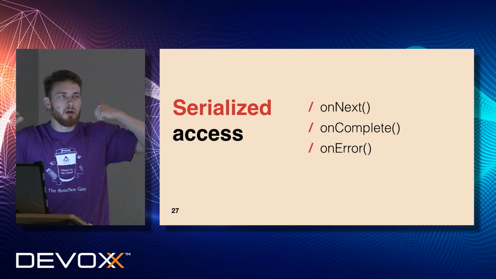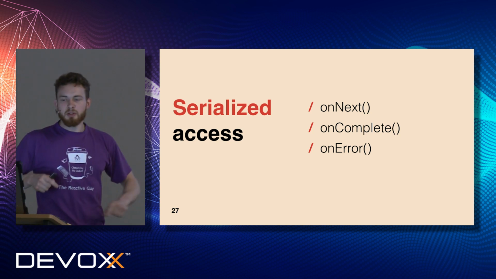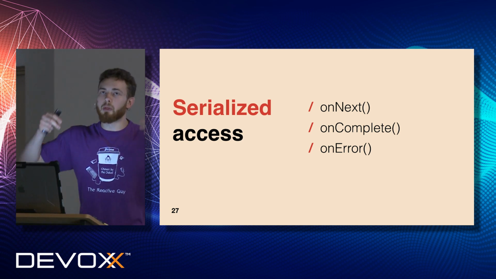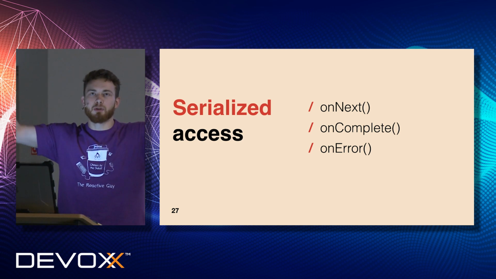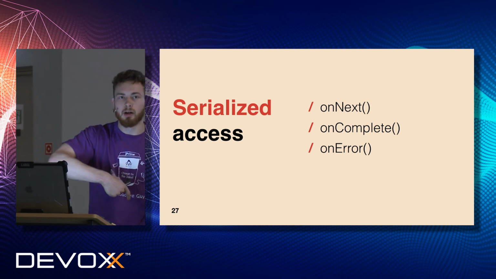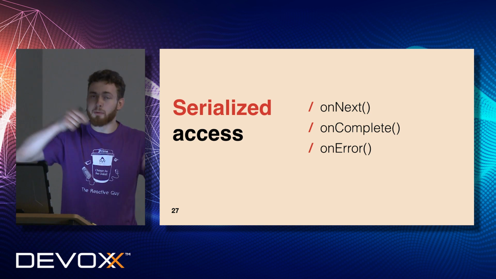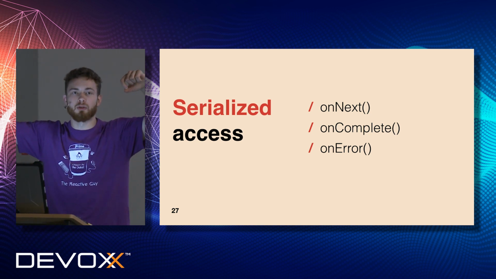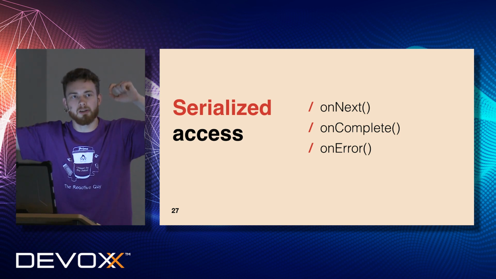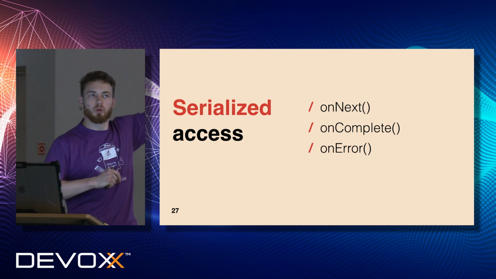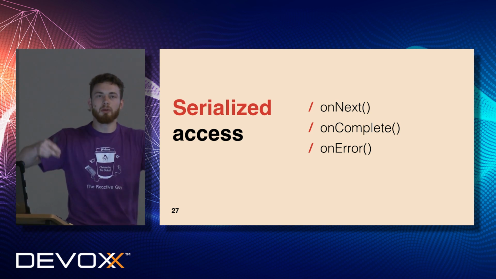Now, in case reactive streams are running in parallel, and onNext can run in parallel, you have to take care and provide an additional data structure, which will complicate your business logic. And reactive streams are created for simplifying your solution, to make your life easier, not harder. That's why they say that invocation of onNext couldn't happen in parallel or simultaneously.